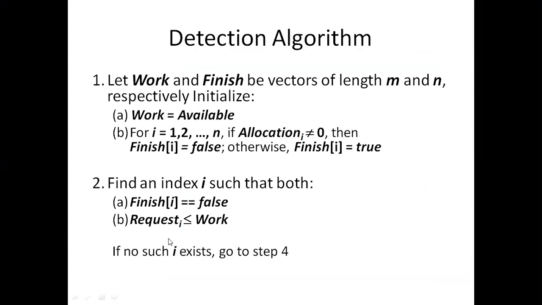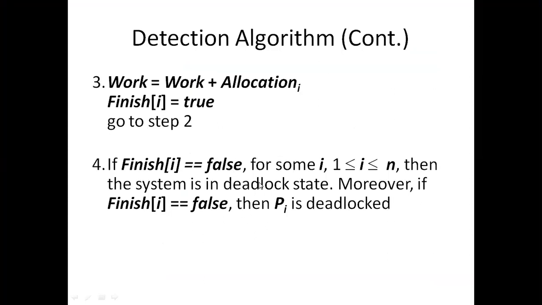So whenever there is a problem where the request is more than the available, automatically the system will move to the deadlock state. If a process requires more resources than available, you cannot assign the resources to the process, so you cannot complete the execution of the process. That means the system is in a deadlock state. If a process is not requesting more resources than available, you can allocate the resources to the process, and it will complete using the resources, and it will release the resources, and those resources are added to the availability, and they will be used by the other process. Like that, the sequence will continue.